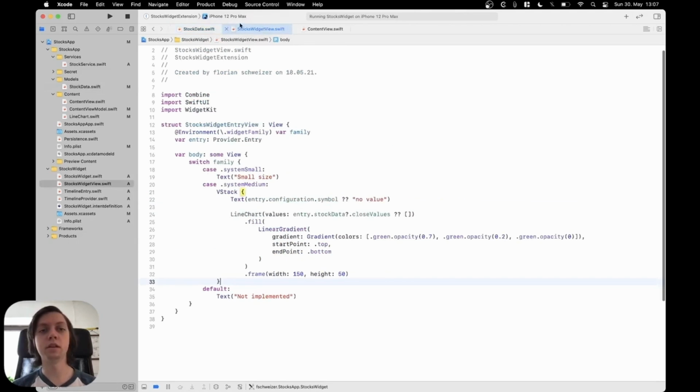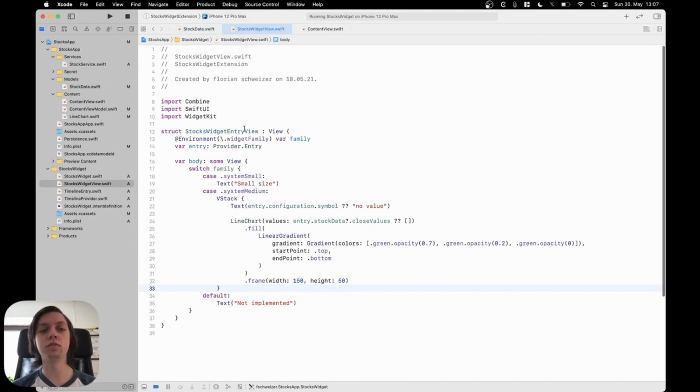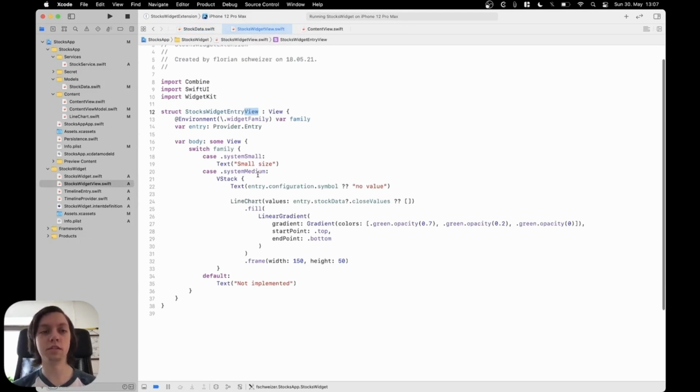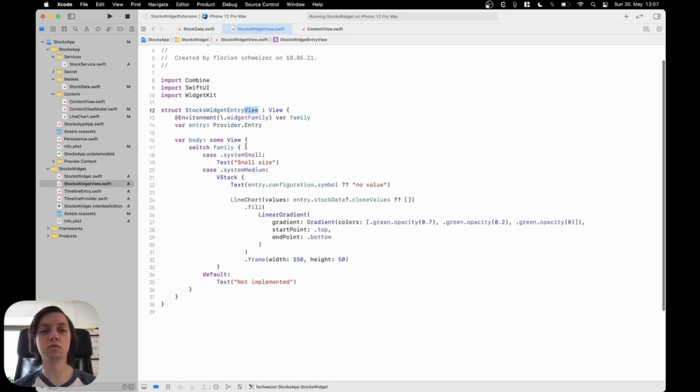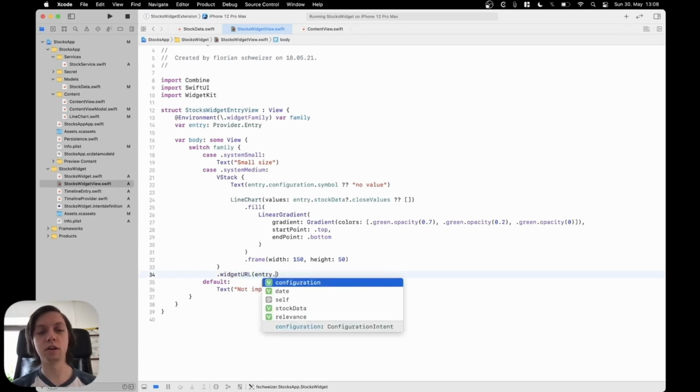Okay, second step is go into our stocks widget entry view, so in our widget extension, the view that is actually displayed. In a past episode, I showed you how to work with different widget families, but we're just focusing on the system medium style for now. What we can do is, on the outermost container here, the VStack, add the widgetURL modifier. In here we can pass the URL that should be passed to the app when it's opened through the widget. So we can just say entry.stockData, this is optional, .url,